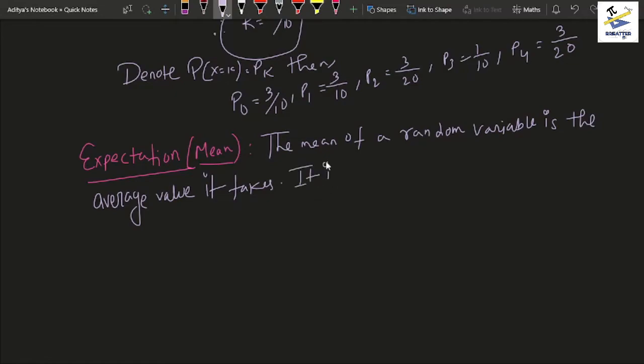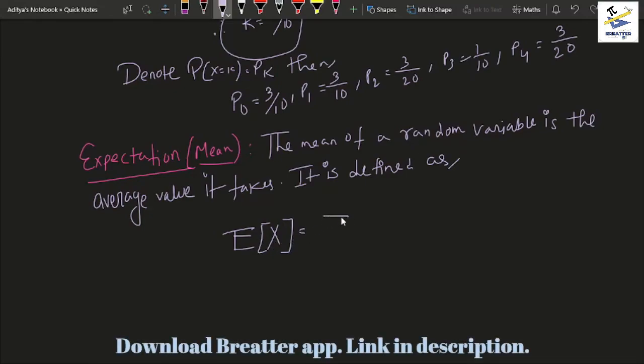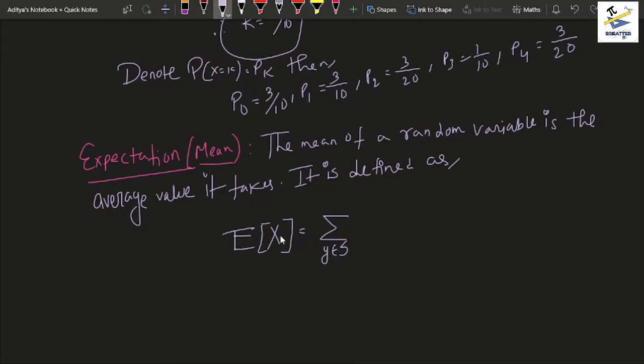It is defined as, firstly it is written as E. In brackets you write the random variable for which you are calculating the mean or the expectation, in this case capital X, and you define this as the summation where you go over the whole sample space. So take an element y and you go over the whole sample space S, from which X is taking all the values, and you multiply y into the probability that X equals small y. So basically you take each probability, multiply it with the value of the random variable which gives you the probability,